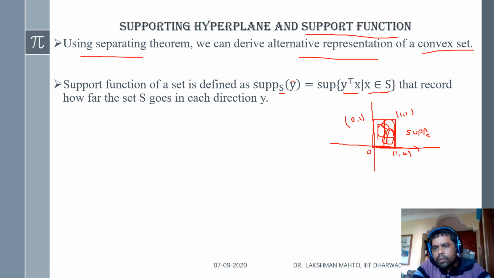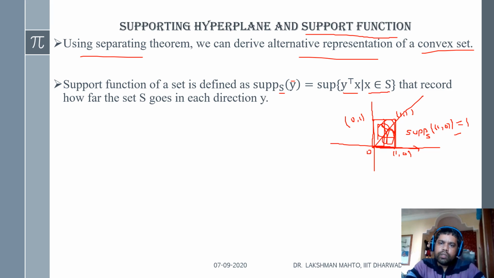So that's why the support in the direction of 1 0 is, if I call it the support of set S, the difference between soup and support is that in support, Y is coming. Support in the direction of 1 0. Take your direction vector, you are taking 1 0. So what is the support in the direction of 1 0? It is 1.